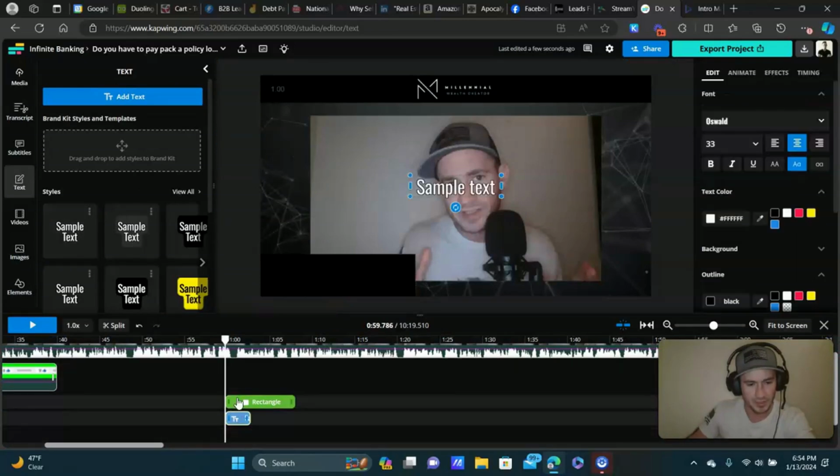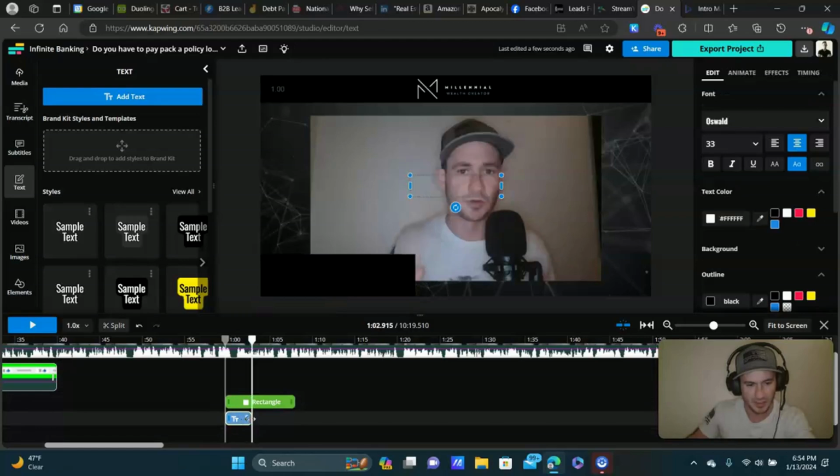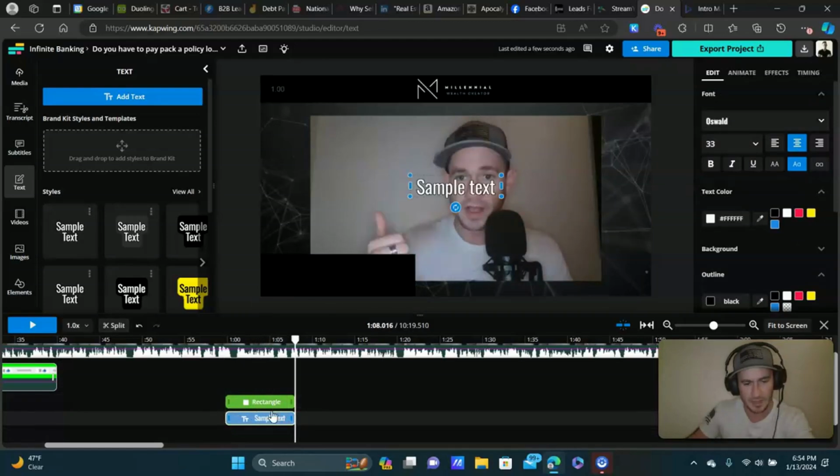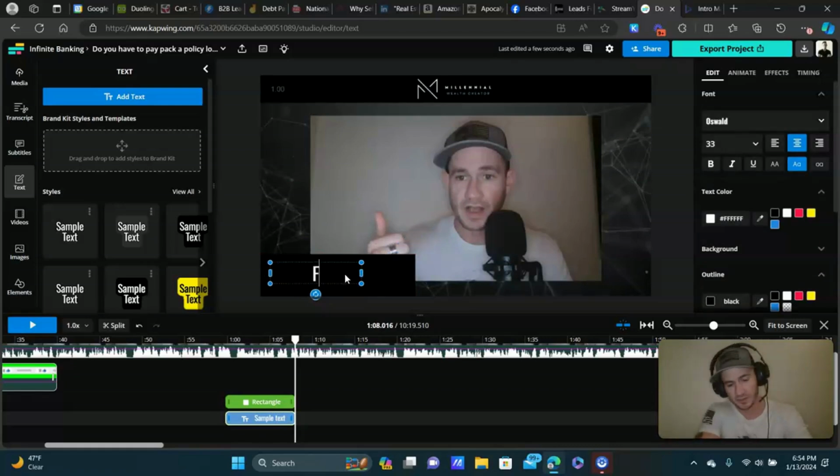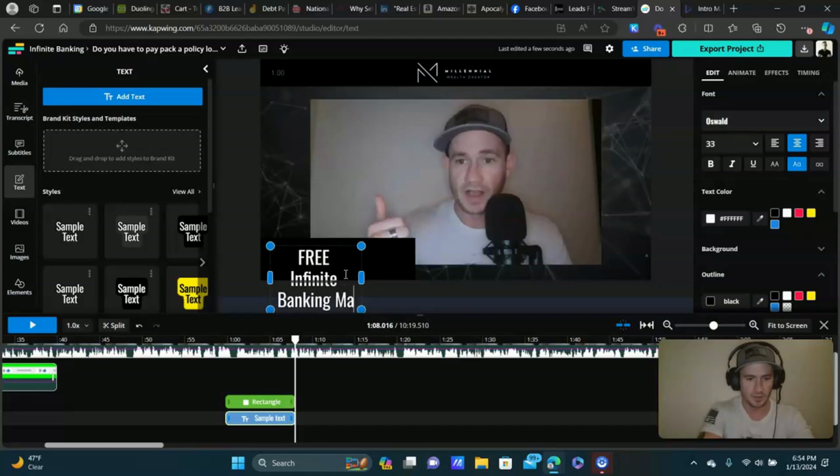Okay, and you can see you could stack these elements on top of each other. And I'm going to drag the text element to match the rectangle element. All right, and then we're going to drag the text onto the rectangle that we created, and we're going to put our call to action in. Let's see. I'll just do like free infinite banking masterclass